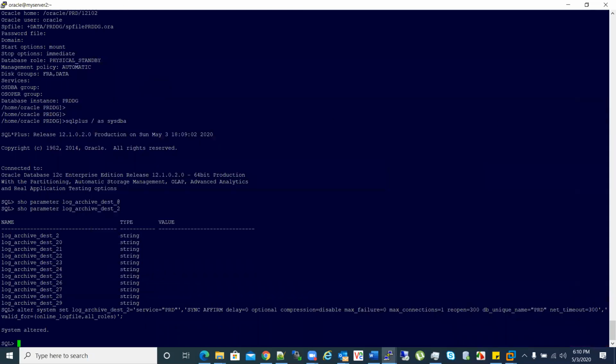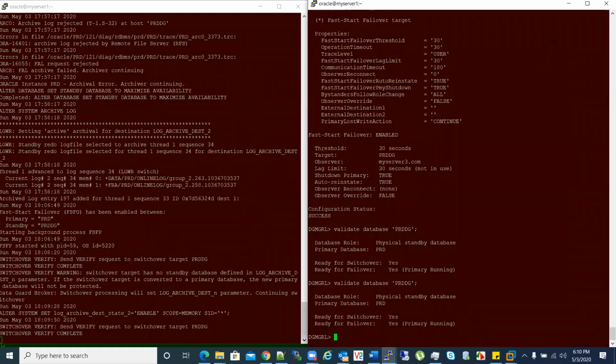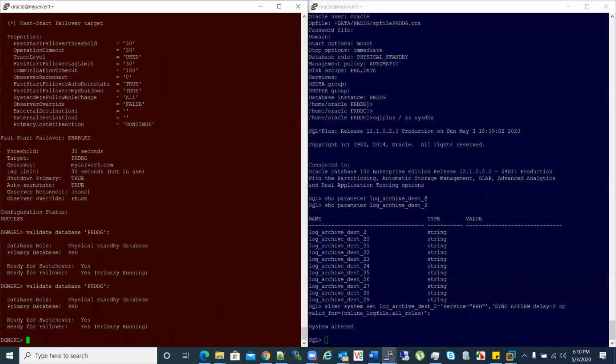This is standby, and this is my primary. Can I execute my SQL statement here? Select name, open_mode, database_role from v$database.